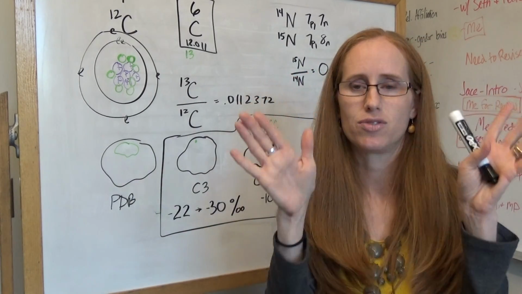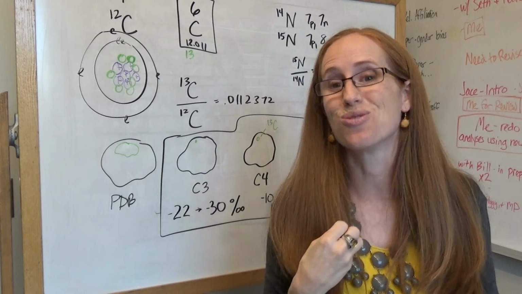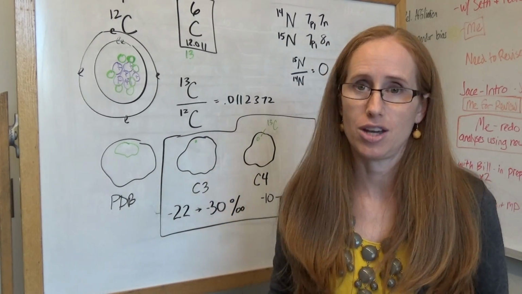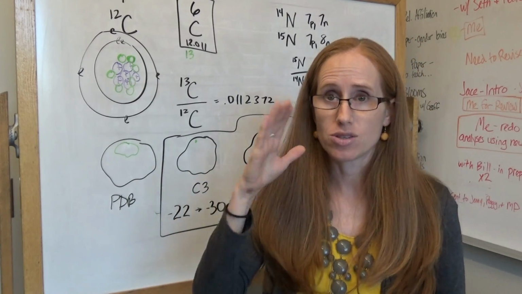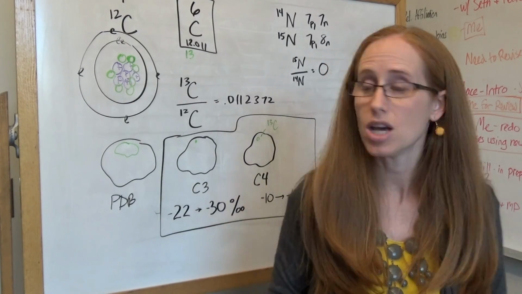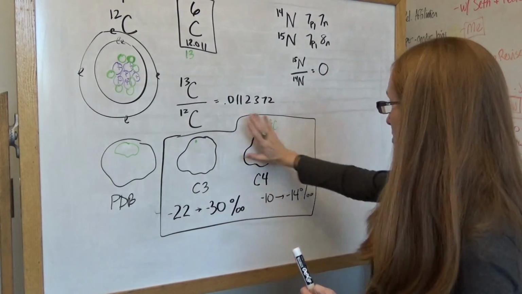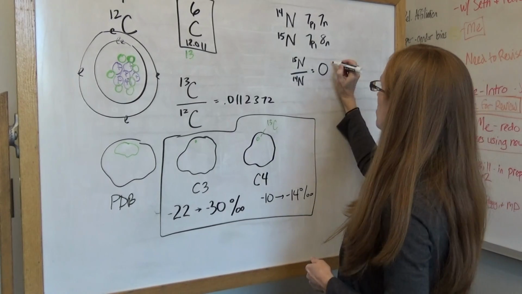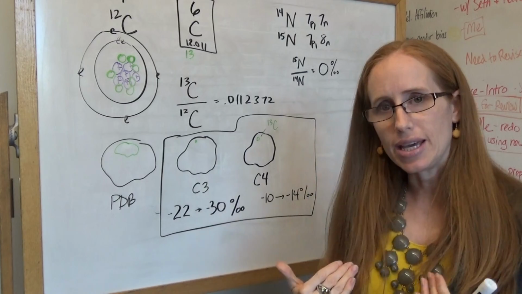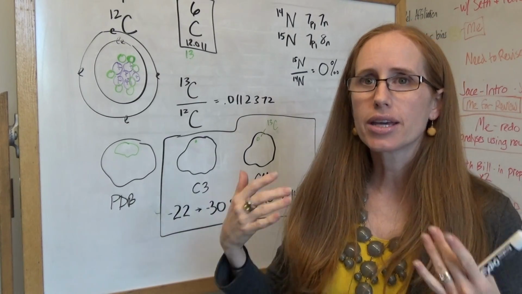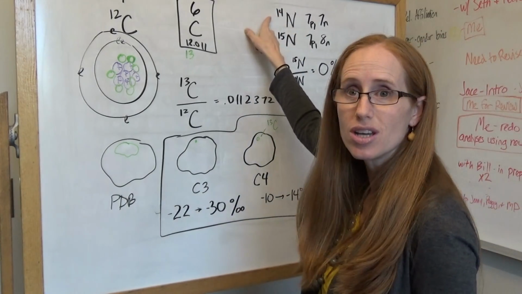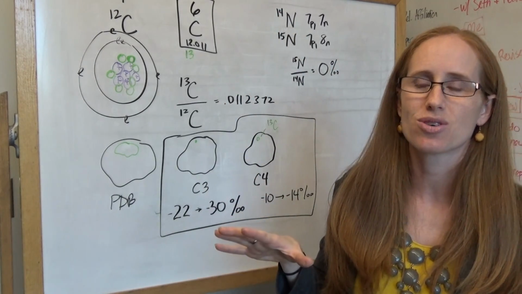So don't give students the idea that plants are taking nitrogen in through the air. They have nitrogen fixing bacteria and fungi in the soil that fix that nitrogen, but they're fixing it from the air. And so the nitrogen that's being incorporated into plants is almost entirely nitrogen 14. So if you are a plant, any of these plants, your nitrogen levels are going to be 0 per mil. Okay? But when we eat a plant, our kidneys and our filtration system preferentially filters the normal nitrogen, which means the nitrogen 15 is sort of like